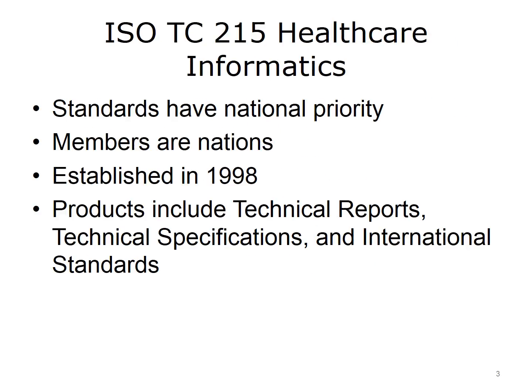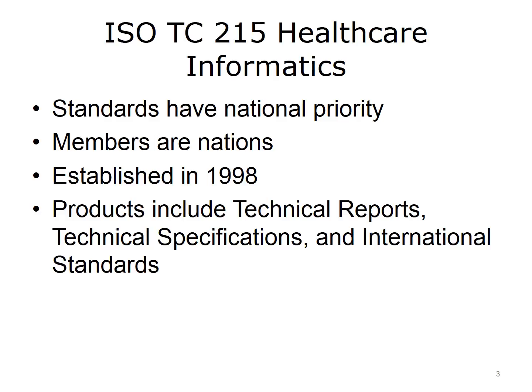The International Standards Organization's Technical Committee, ISO TC 215, was established in 1998 under strong initiative and leadership from the U.S. and the United Kingdom. Most countries require the use of an ISO standard if one exists. Standards are available from ISO, but at a cost. Membership is by nations, represented by delegates representing the countries. Currently, TC 215 has 32 participating countries and 21 observing countries. These numbers are in constant fluctuation and represent most regions of the world.